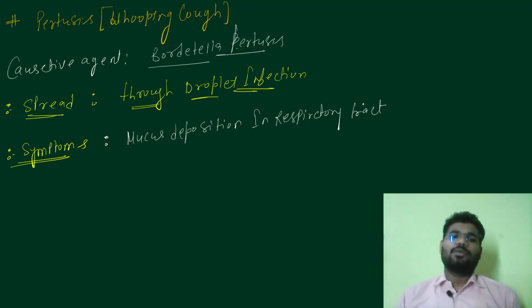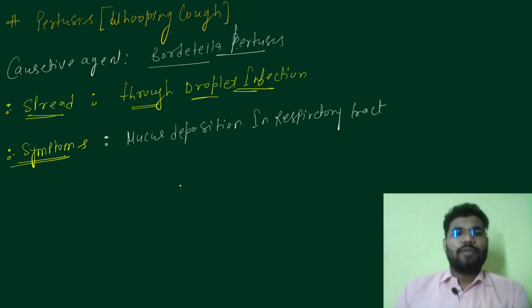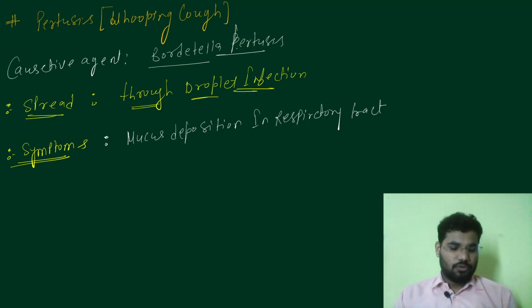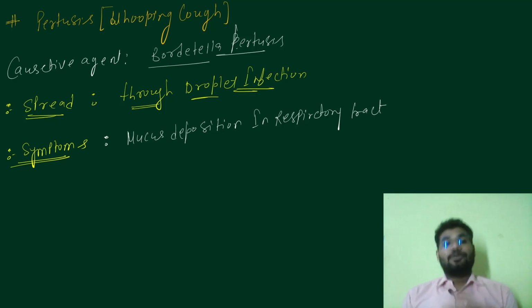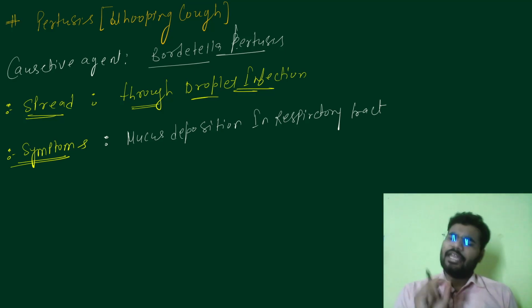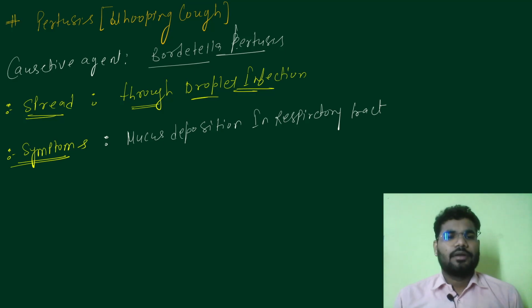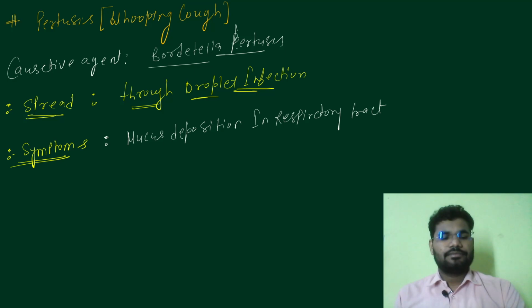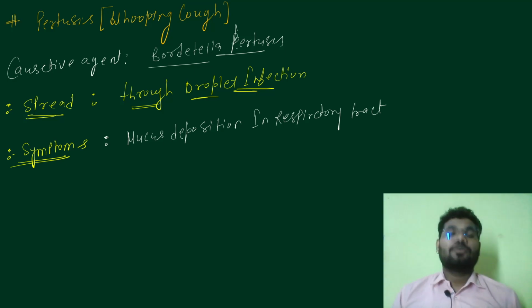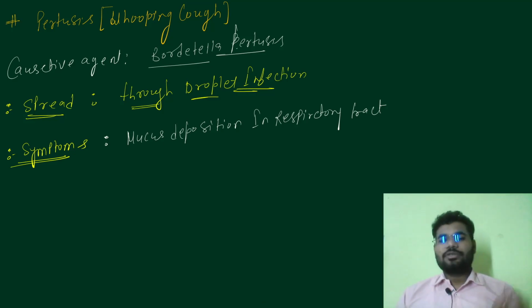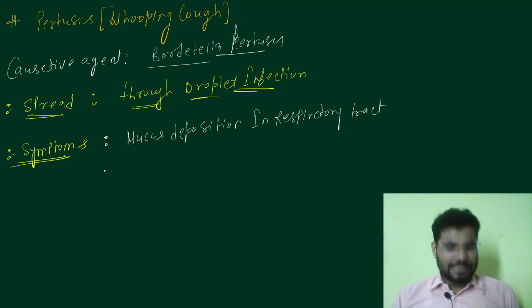Now we need to understand one thing. I'm sure you may have experienced, heard about, or seen someone who, when they cough, produces a very irritating sound. In Hindi we usually call it kali khansi. That irritating sound which is produced is actually called whooping. So that is a whooping sound, and that is why it is called whooping cough. That is another symptom.